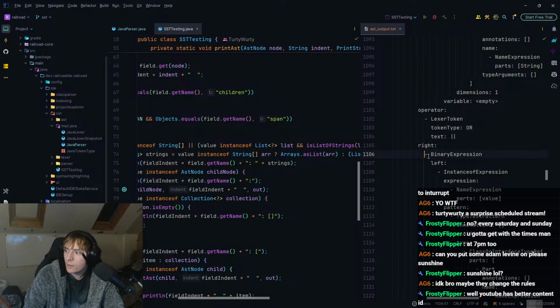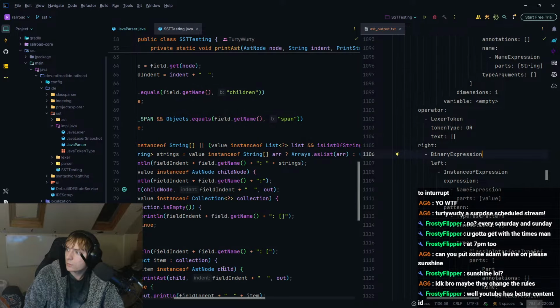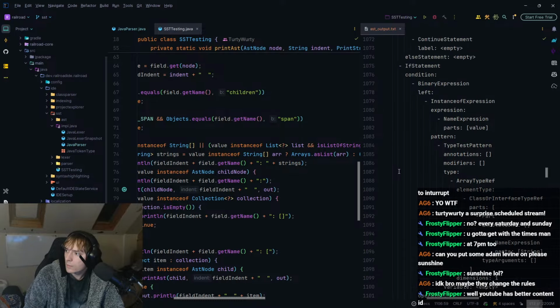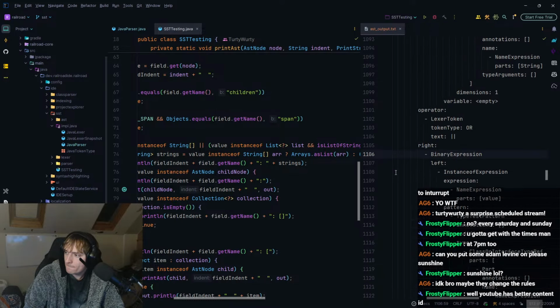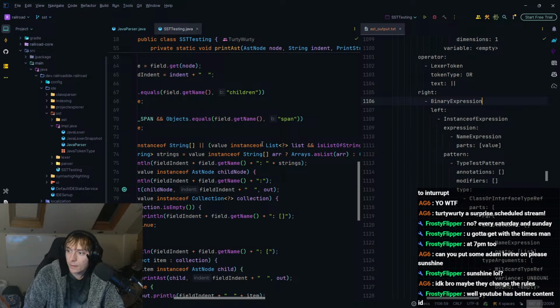Okay, either way. Binary expression. Wait, why isn't it, actually? That's kind of weird. Okay, either way.